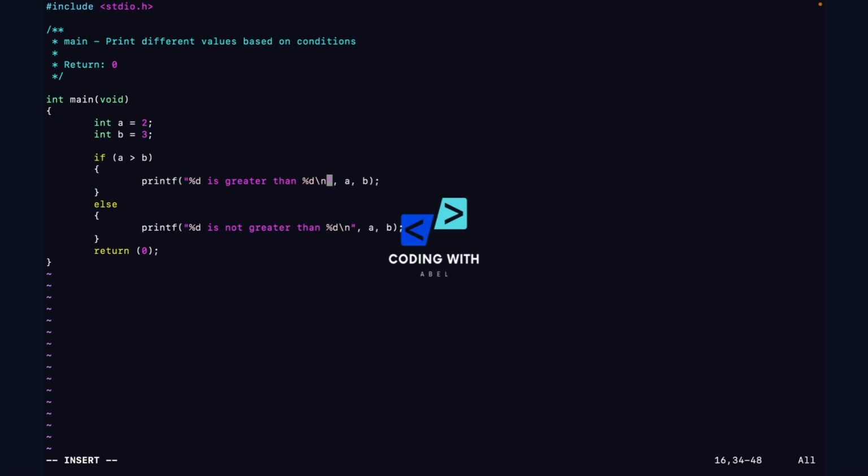As you can see, what happened is, so we had a value of A as 2. So it went into the if condition. So it checked if A was greater than B. In this case, A is not greater than B. So the 2 is less than 3, so it went to the else statement and it printed 2 is not greater than 3. If we make A 4 and B 3, it should then print the